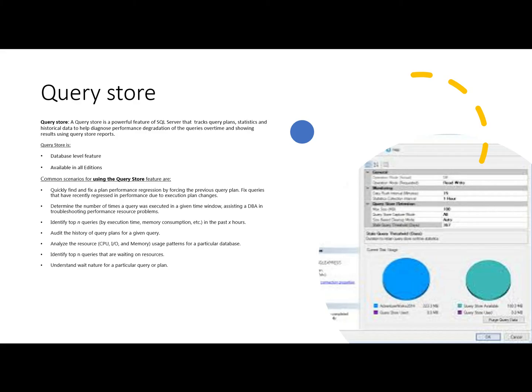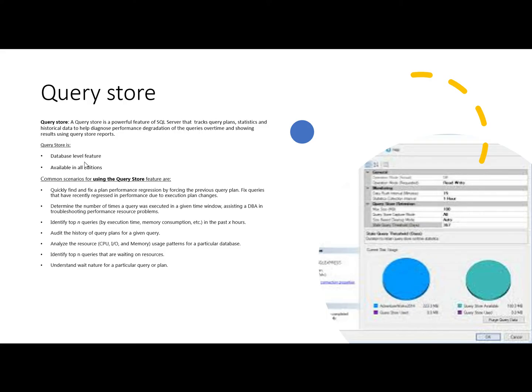Query Store is a performance monitoring tool, and it's a powerful feature provided by Microsoft SQL Server. By using Query Store, we can track query plans, statistics, and historical data, which help to diagnose performance degradation of queries over time. We can check this through the reports provided by Query Store.